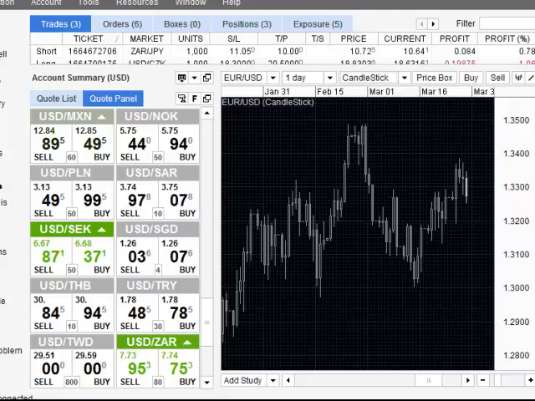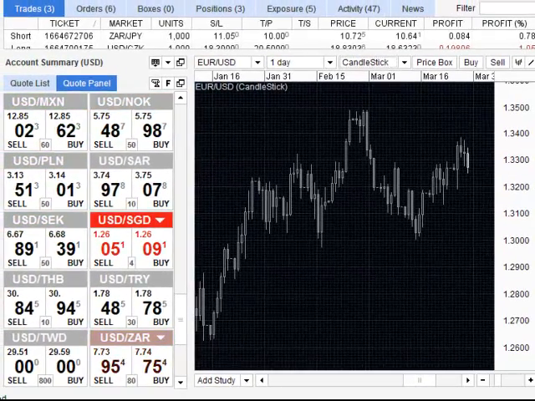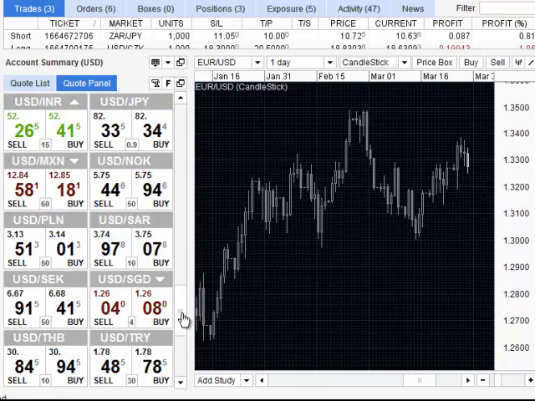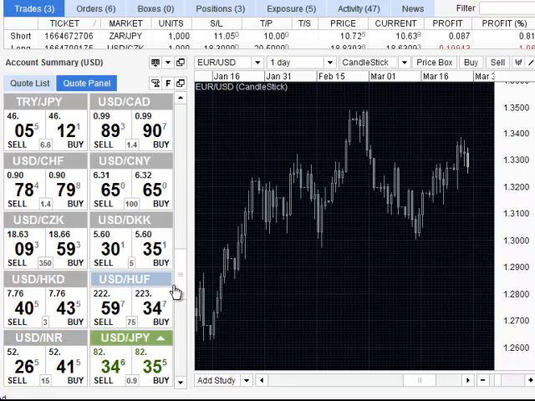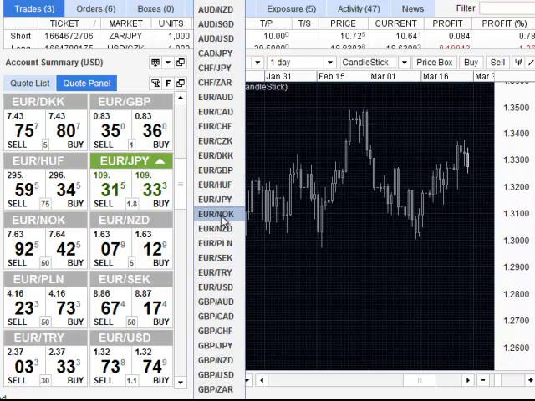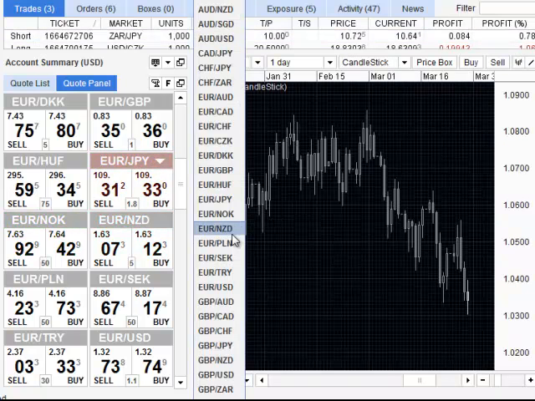Let me adjust the size of the screen. Okay, so we're actually looking at the platform of Oanda, and you can see here at the left you have all the currency pairs that are available that you can trade, and you have the Forex quotes. So you can see all the currency pairs, and here you can adjust the one that you want to look at the chart. So if you want to look at the Australian dollar, and you can go back to the euro,